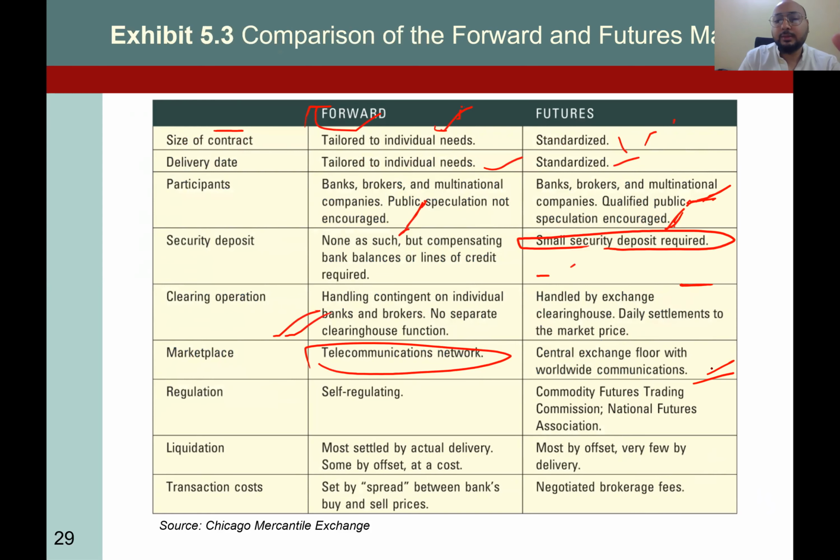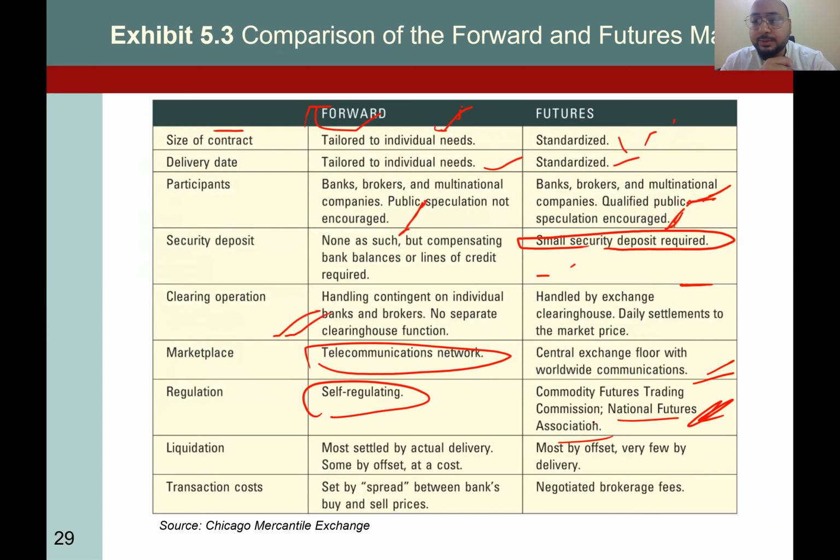Regulators: no government regulations are applicable here, or you can say less regulation, but here extensive regulation is there, because the public is involved, speculators are involved, so we need some tight controls. In this case, we have the Commodity Futures Trading Commission and the National Futures Association. We have different authorities to watch over the